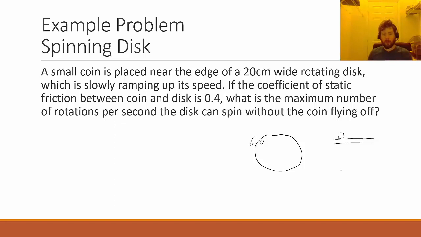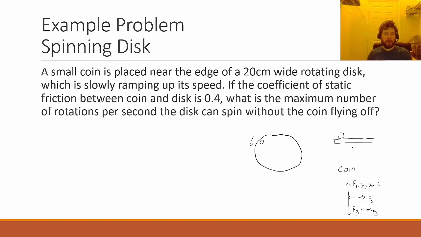Let's consider the forces on the coin. We'll do a free body diagram. There's going to be its own weight. The magnitude of that is m times g. It'll be downwards. To keep it from falling, there's a normal force perpendicular to the surface. It's always directly out of the surface that's applying it, by the disk on the coin. And then there's a static frictional force, so long as it isn't sliding,